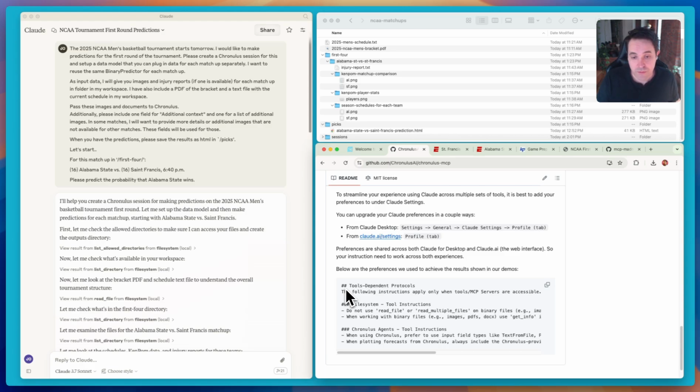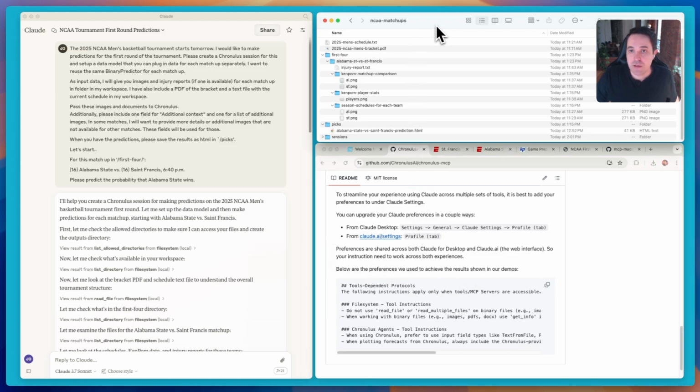So if you haven't used the preferences before, this is a pretty cool aspect of Claude. There's other AI tools and providers that'll let you do similar things as well, but this is how you can access it through Claude. So if you start going down this path of using Cronulus with different file systems or with the file system tool, I would definitely pull out and use the preferences here. It basically just makes everything work a lot more smoothly with the file system. So yeah, that's the underlying configuration.